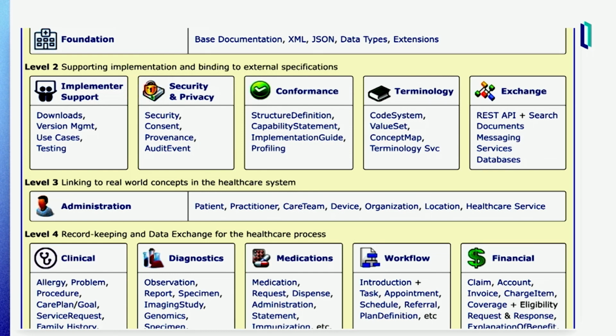There is a medication resource that's the name and form of the medication, but there's a medication request that is the equivalent of a medication order or prescription, and then separately there's a medication dispense resource, there's a medication administration resource, and there is a